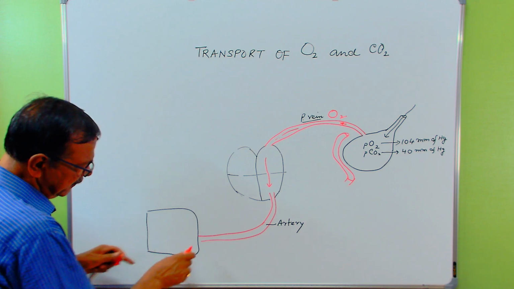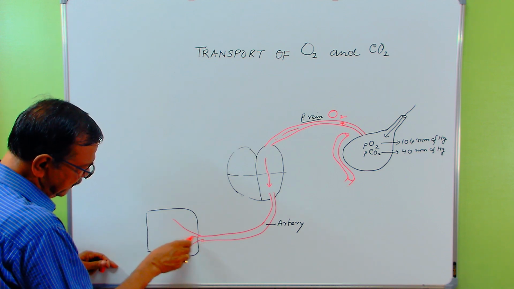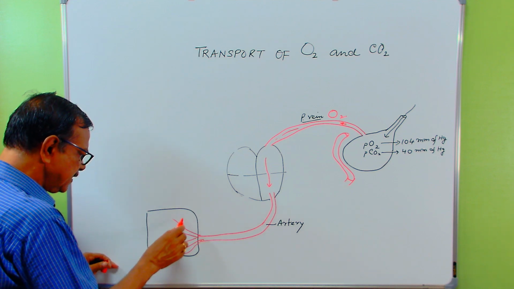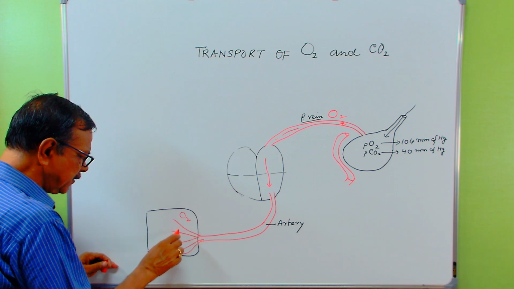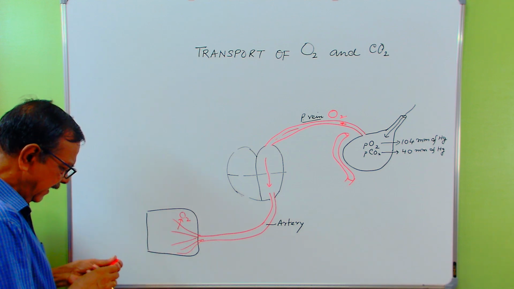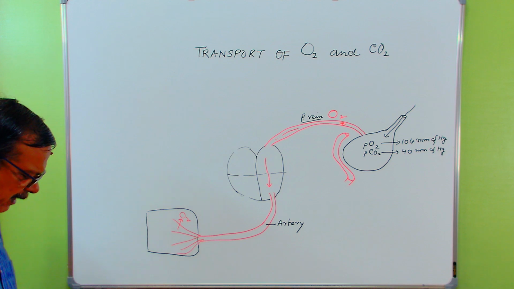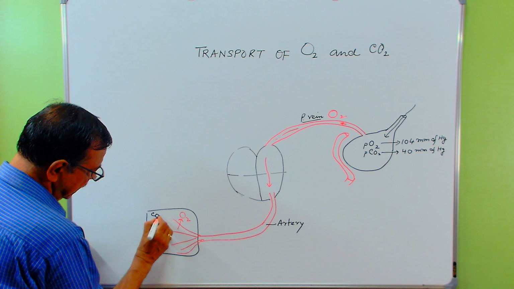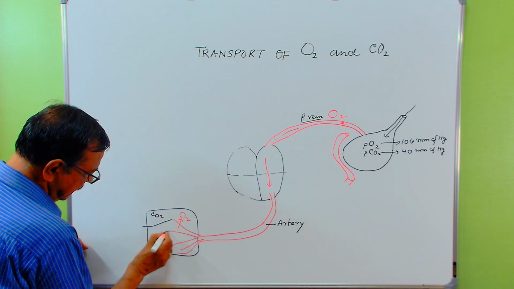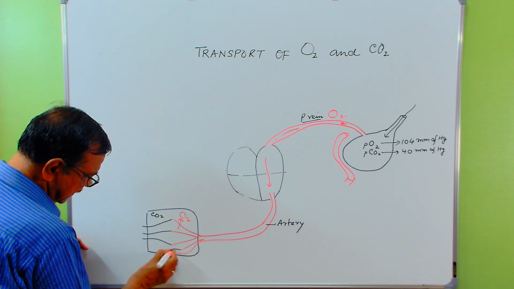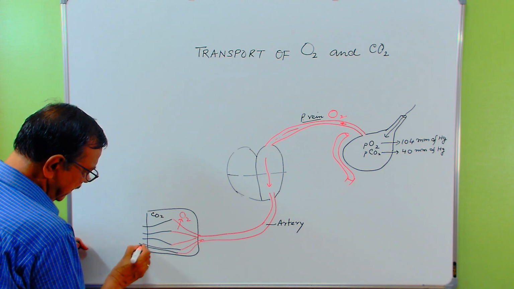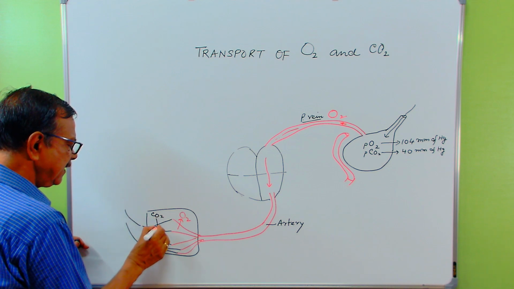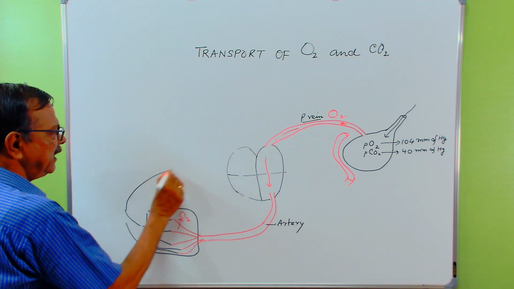So whenever they form a network here, they give out oxygen, oxygen is going out, and the oxidation of foodstuff produces carbon dioxide. See, carbon dioxide enters into the venules, then veins. So carbon dioxide exchange takes place, and it goes